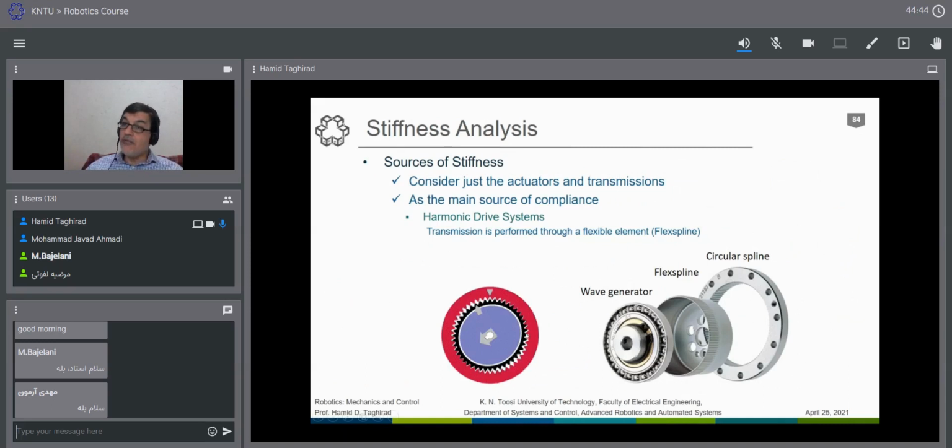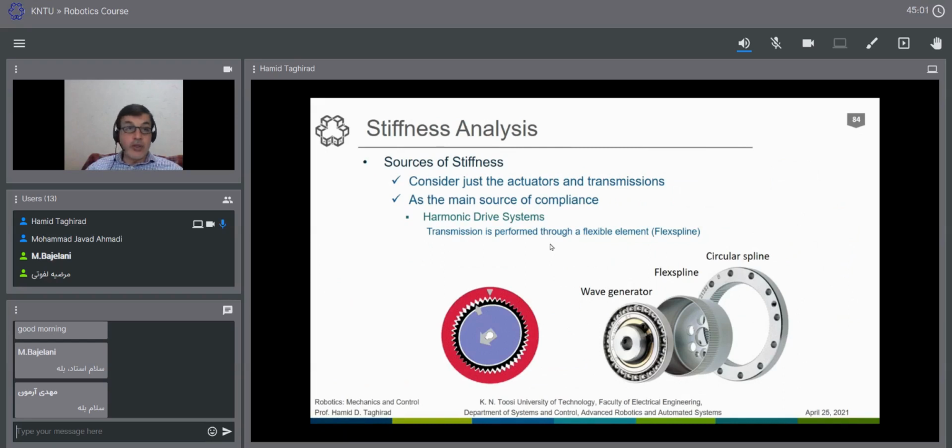But the harmonic drive makes it very, very fast and very effective. That's why it is used so much, and unfortunately or fortunately, my PhD thesis was on this special harmonic drive system